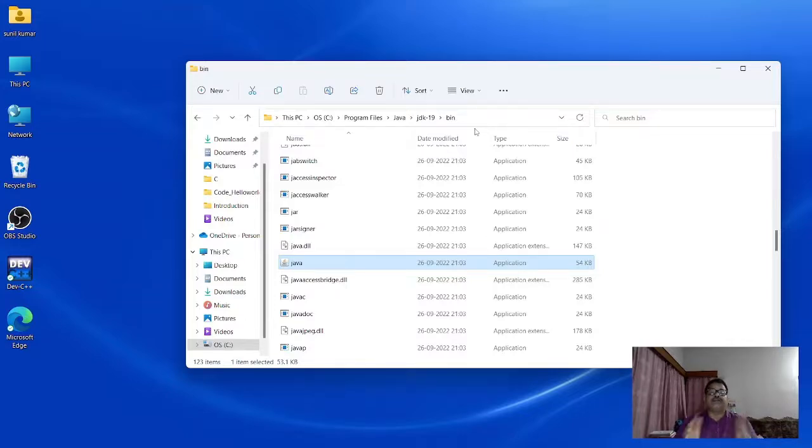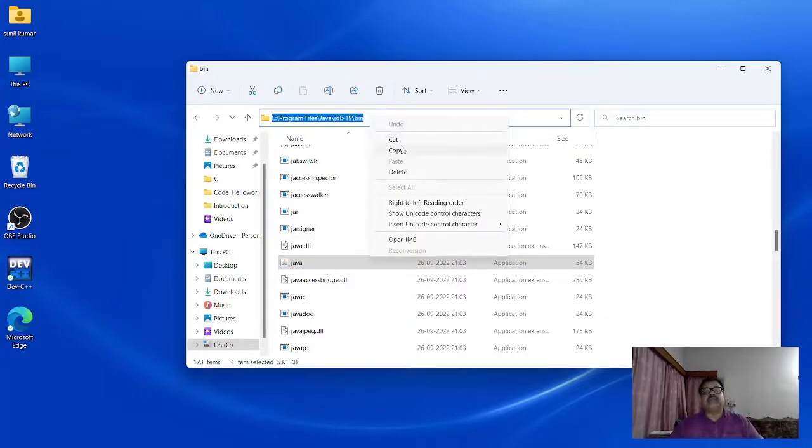Although it is not necessary, you can download an editor, which are freely available on Google. But because I want to write the program in my Notepad editor, that's why we need this address which is here.